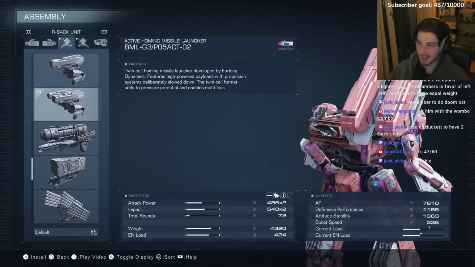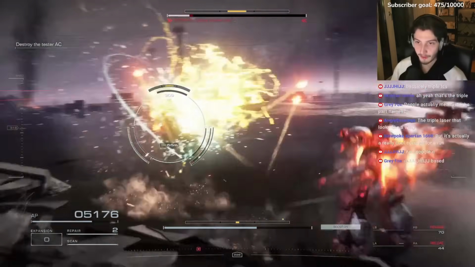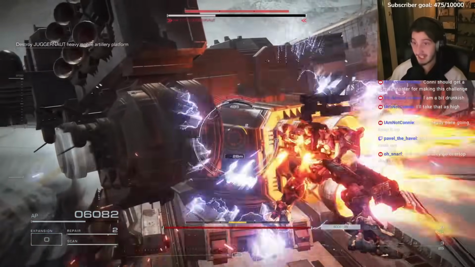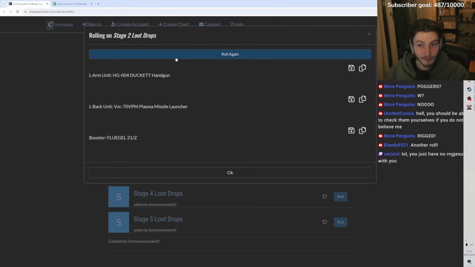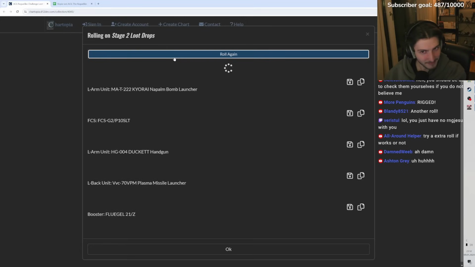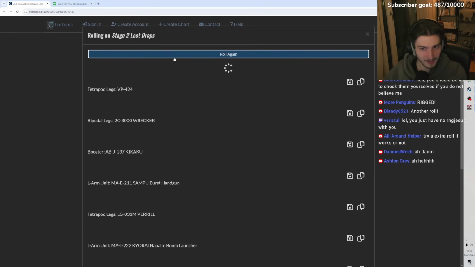And somewhere along the way, I decided to have a little fun with the randomized loot. Since starting this challenge, I have only received a single awful right arm weapon. So, I just wanted to see how much pulling on the slot machine it would take to maybe get at least something usable. This is just for fun, right? I'm not gonna take whatever I get here. But I swear to God, if I get a right hand unit here. Left arm, bipedal, tetra, left...